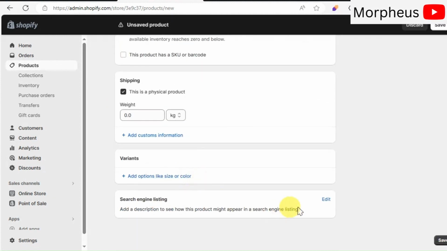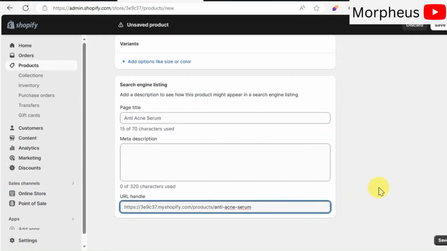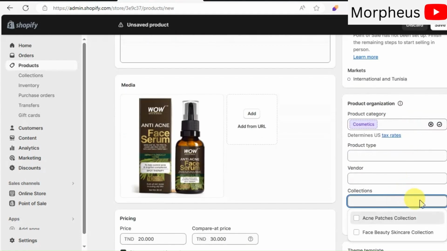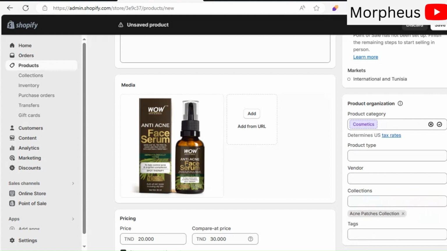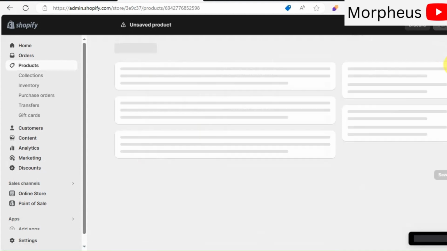And below here, you can add more information about your product. And you can edit your URL for SEO, just like we did for the collection URL. And up here, you have to put the collection or collections that your product belongs to. And also add your keyword to the tags here.